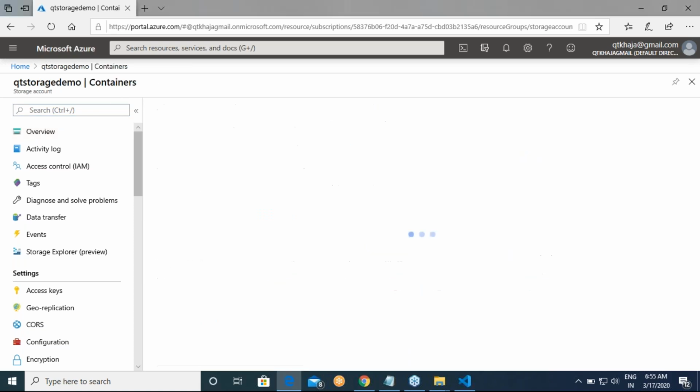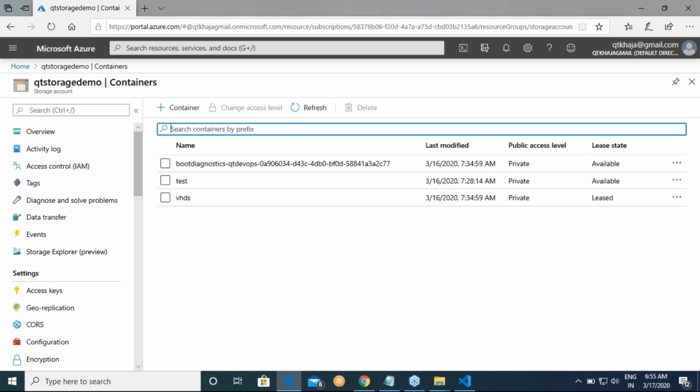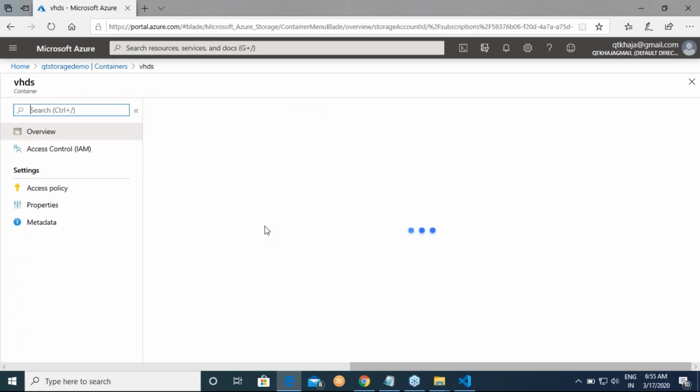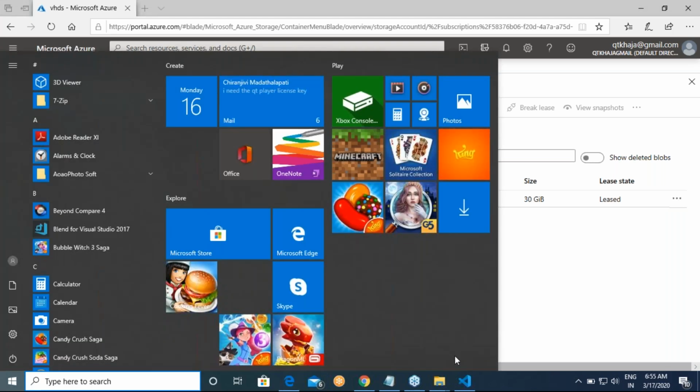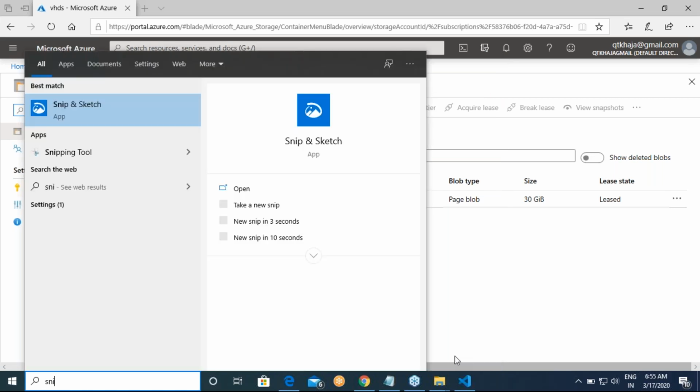Now, if you get into the containers, there will be a new container created, called VHDs. In this VHDs container, you will see a file with the extension .vhd, and this is your virtual hard disk. That virtual hard disk is of type page blob.